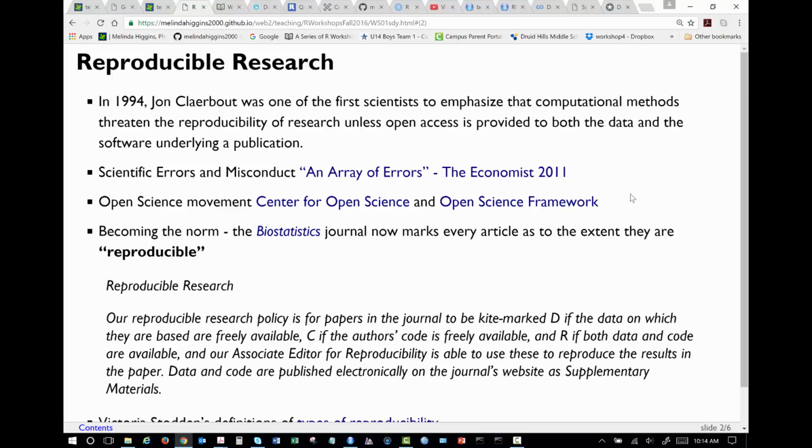Okay, so this is going back a little ways. Depending on who you read, a lot of people attribute the term reproducible research to Jon Claerbout in a paper he published in 1994, but it's basically about the idea that somebody else should be able to download your paper, look at what you did, reproduce or replicate your experiments, and get the same results. So obviously for those of us that do a lot of behavioral and social science research, it's sometimes really impossible to replicate those results.